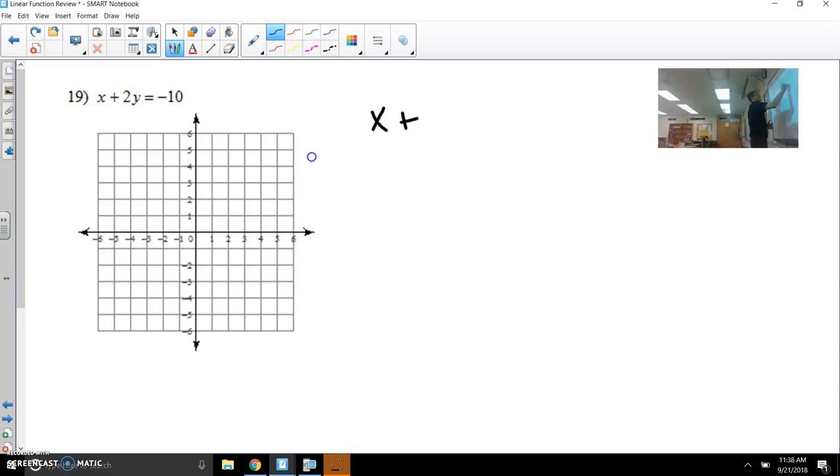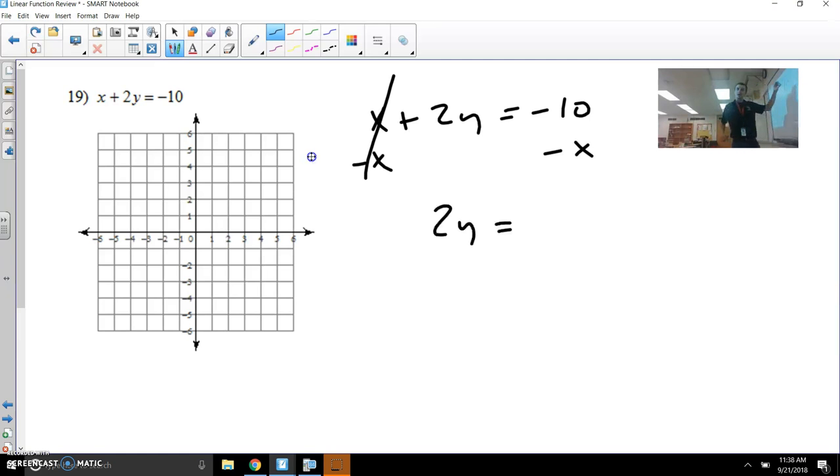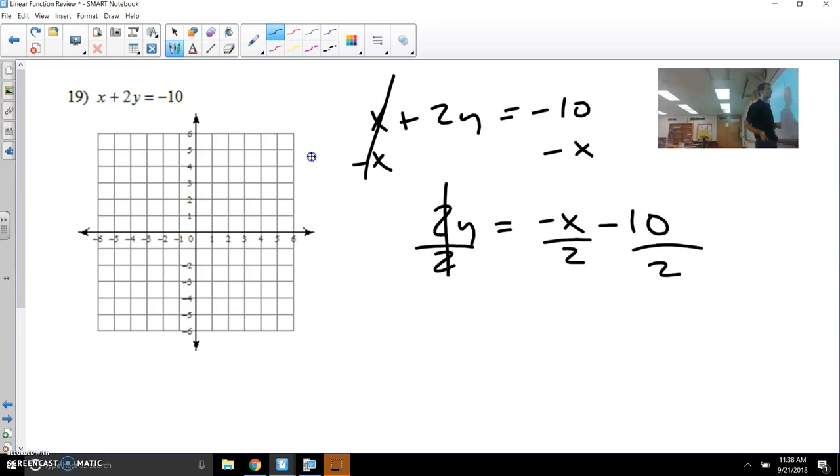So I'm going to take a moment to write this off to the side, and I'm going to try to get y by itself. First step is to subtract x from the left to the right. I'm going to rewrite 2y, but these are not like terms, so I just write negative x minus 10. I'm now going to say, well, 2y means it's multiplying. I need to move it to the opposite side, so I need to divide, and I divide it into each part. y now equals, this number is